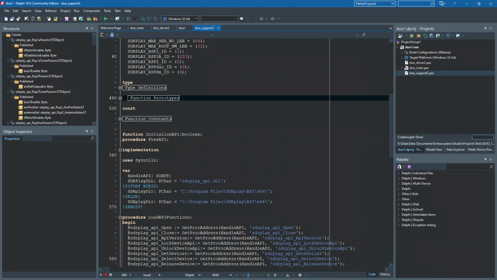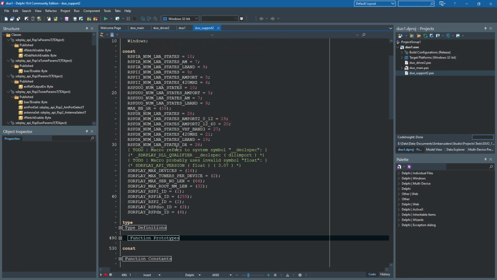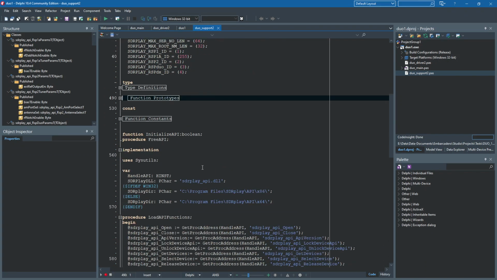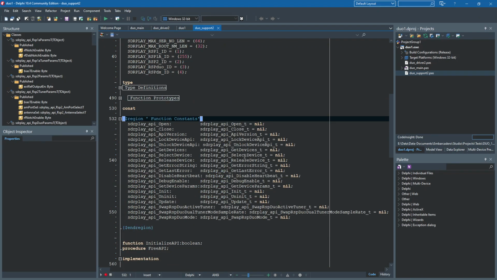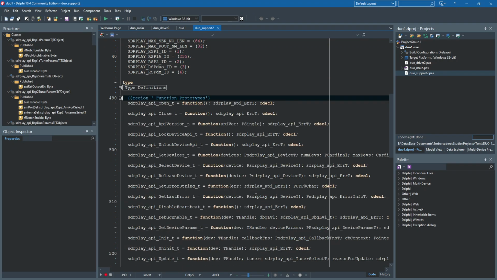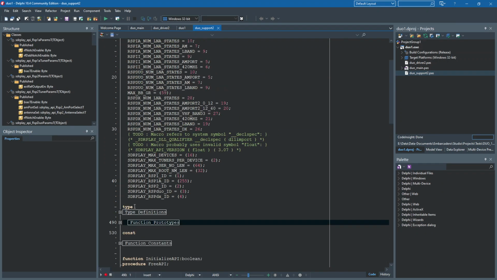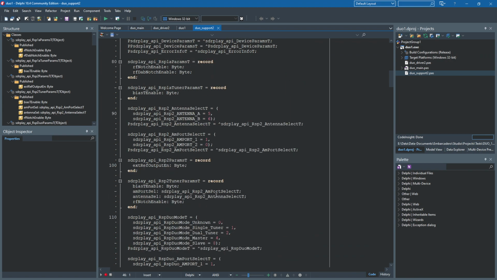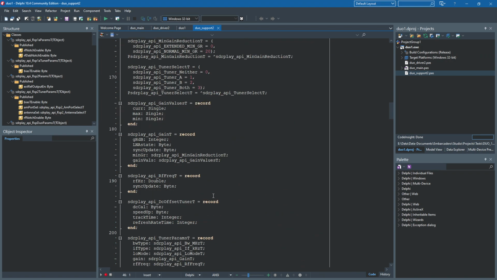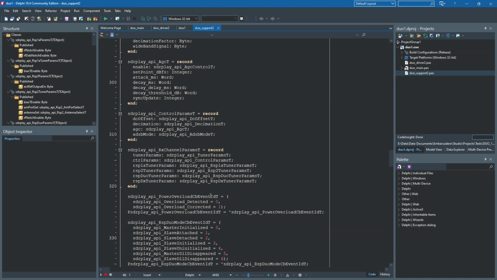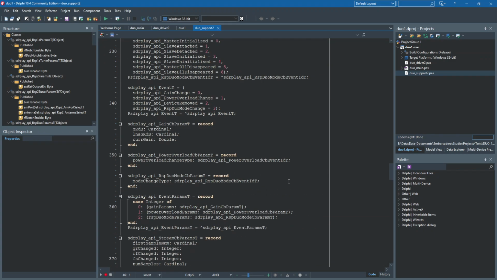But I managed to accomplish it, and this is my support file written in Pascal, which takes the information from 10 header files written in C that are provided with the API from SDRplay and converts them into Delphi. So now I've got Delphi versions of all of my functions that I want to use. And I've got Delphi versions of all of my type definitions, enumerations, records, all kinds of stuff like that. As you can see, there's a ton of work you have to do to get a piece of software working with